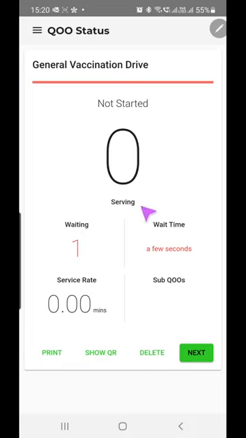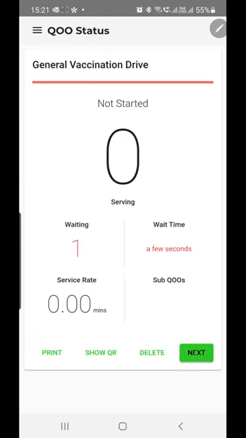So this is the current token that is being served. This is the number of people waiting in the queue. Like as I showed you, I just joined the queue, so I am waiting in the queue. What is the wait time? Initially it's a few seconds because nothing has started, right? Service rate is 0. And as soon as I press next, I have started the queue, and I'm serving the first customer in the queue. Okay.